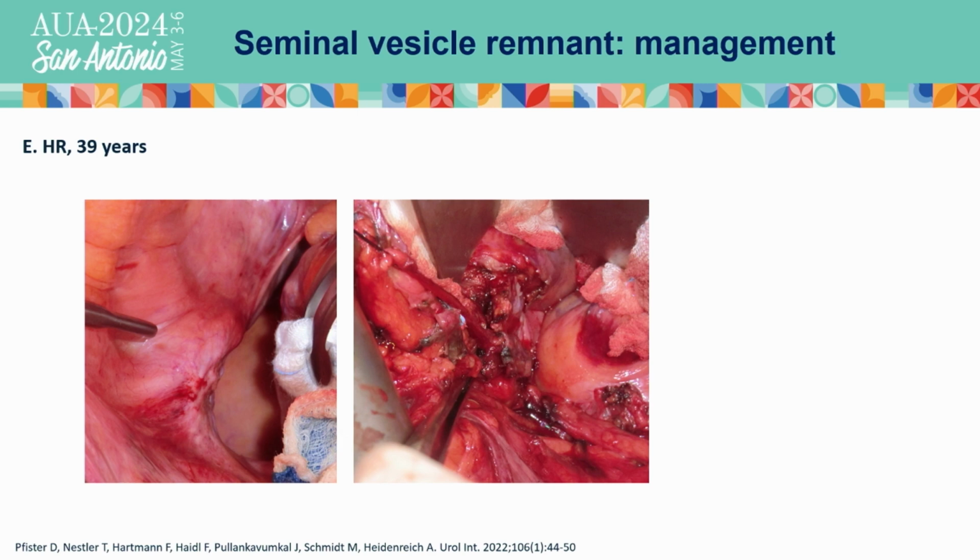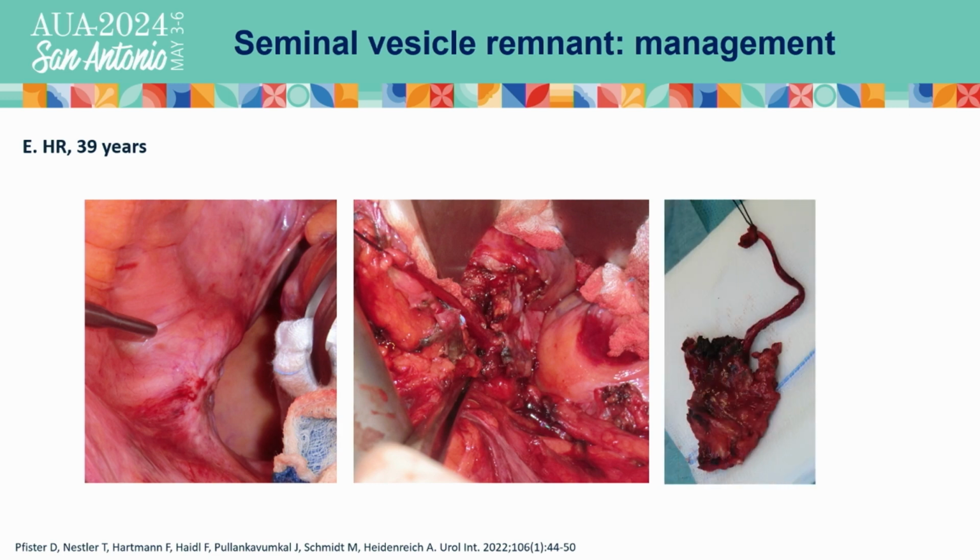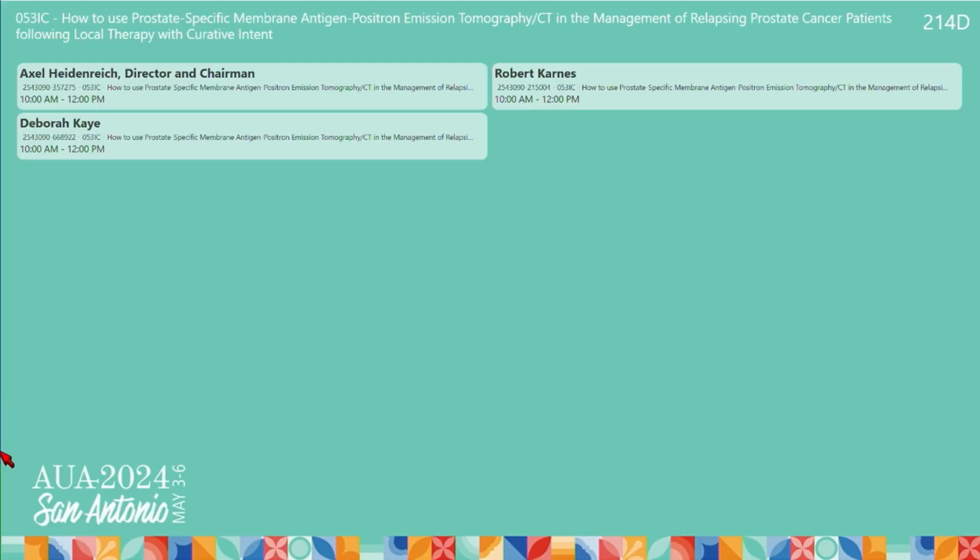And once you have identified the seminal vesicle in this dorsal space, just in the area between the rectum and the bladder, then you can nicely dissect out the seminal vesicle. Sometimes it's a seminal vesicle like this, which has never been touched during the surgery. Sometimes it's just the tip of the seminal vesicle, but this is how we would manage cases in this situation. But the bottom line is do a proper surgery to avoid this type of treatments and to avoid potential complications associated with salvage treatment.